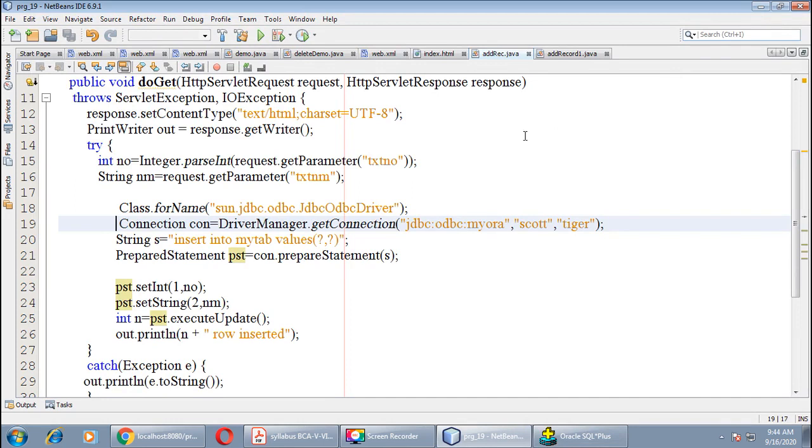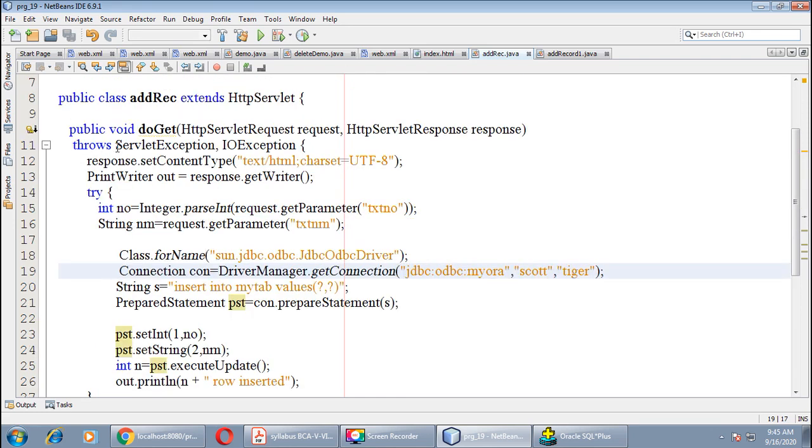But in your case, create your own servlet to display all the records, and all of you are very well aware of how to display records through the JDBC connection. You just have to copy that code from your unit 1's program and paste it over here. The difference is you have to enclose all that code in a servlet page, right? That is the main difference.